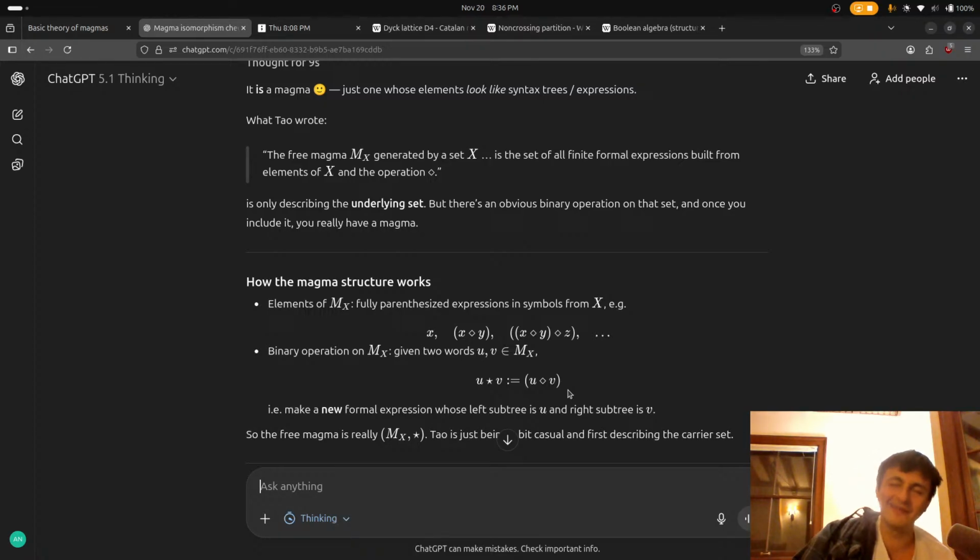Okay, yeah, fine. The free magma is a magma, and that's just because magma is so broad. For all x, y in MX, you have that x dot y is in MX as well. Thus, since it's dot closed, we're good. That makes sense.